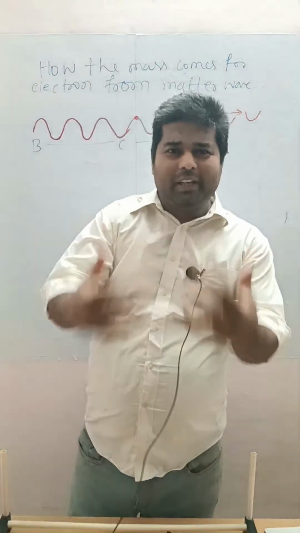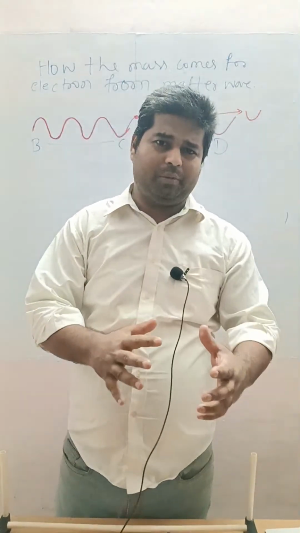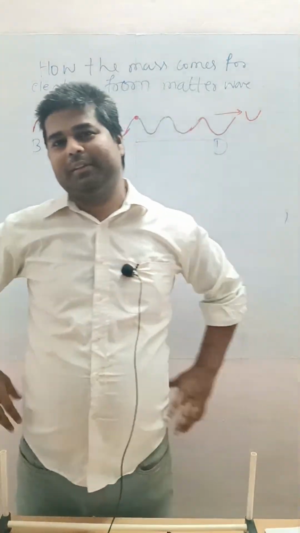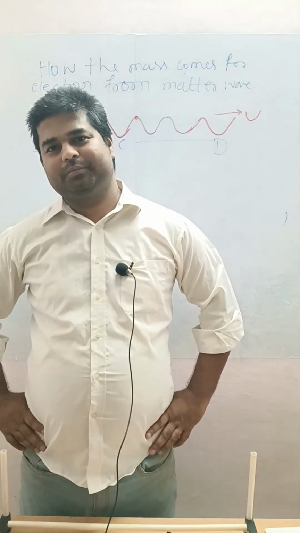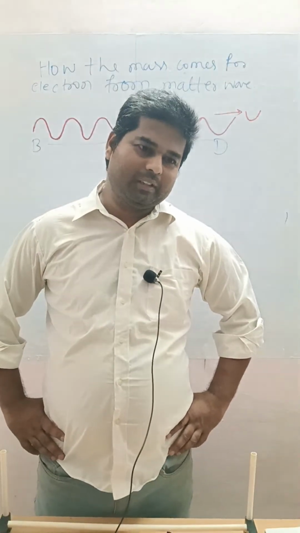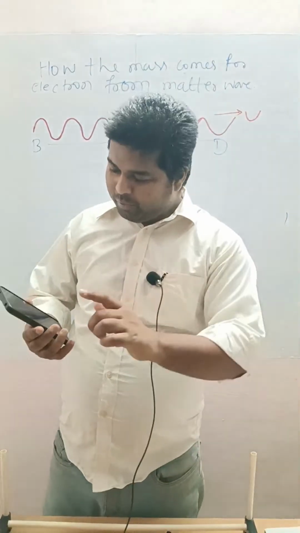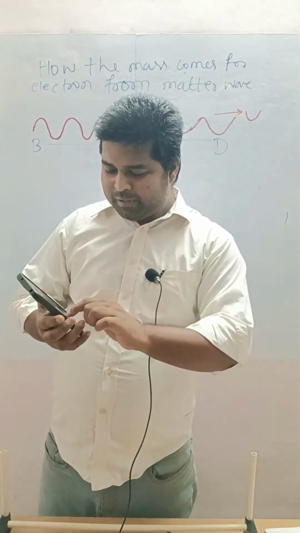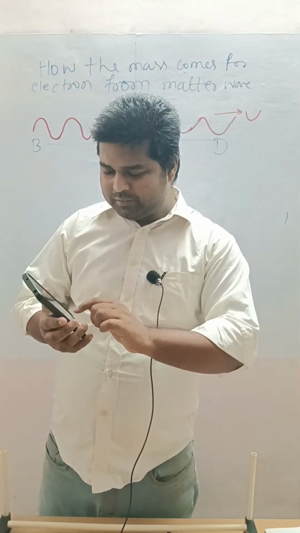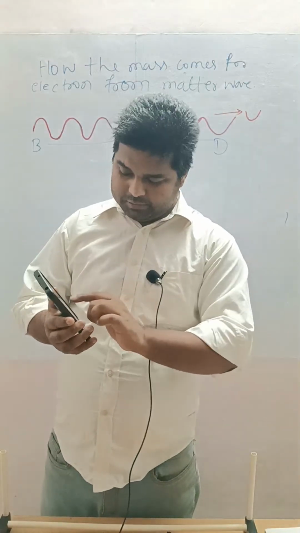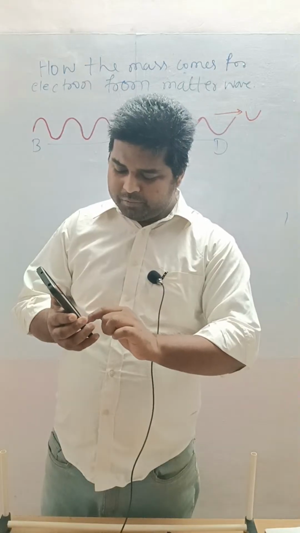Yeah, everything is visible. Read this: how electron gets mass from the matter complex wave. This is a quantum analysis of electron spin and electron mass. So in the video, you can see the previous video. You can watch my videos at my channel. My YouTube channel is Physics and Universe. There you can get videos based on